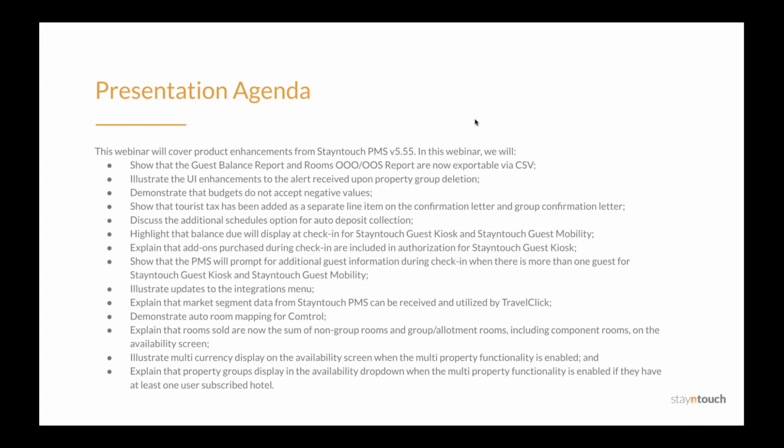Today's presentation will cover how you can get the most out of the Stayntouch PMS version 5.55 product release. In this webinar, we will show that the guest balance report and rooms out of order and out of service reports are now exportable via CSV, illustrate the UI enhancements to the alert received upon property group deletion, demonstrate that budgets do not accept negative values, show that tourist tax has been added as a separate line item on the confirmation letter and group confirmation letter, discuss the additional schedules option for auto deposit collection,